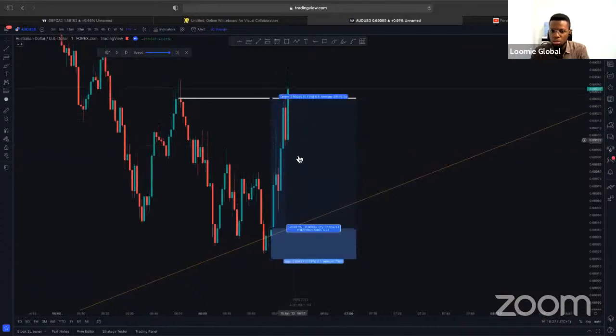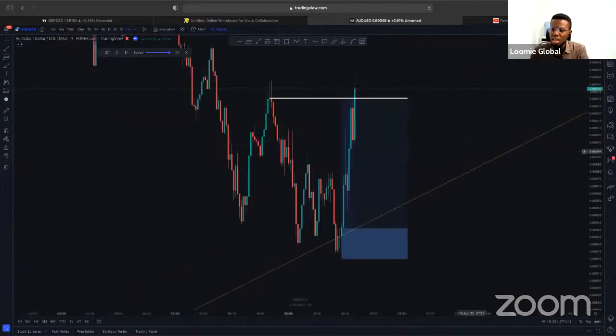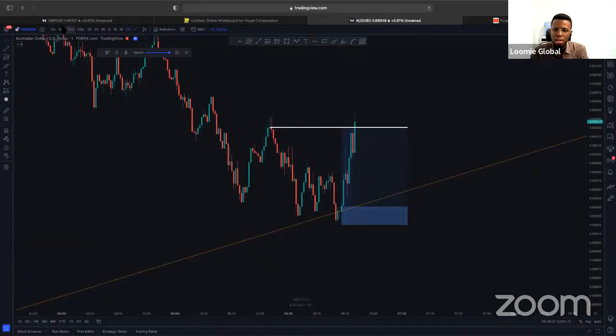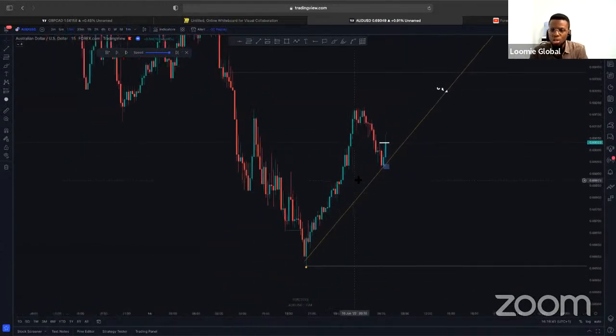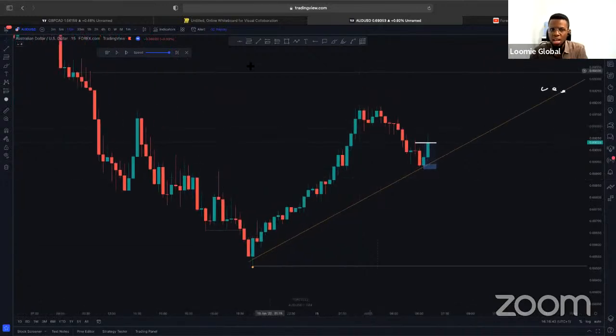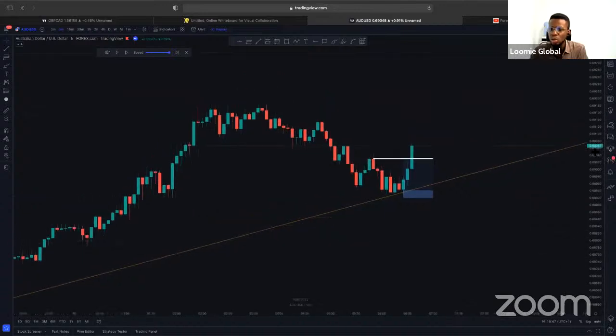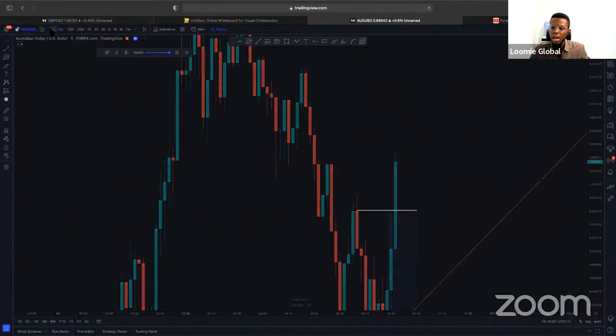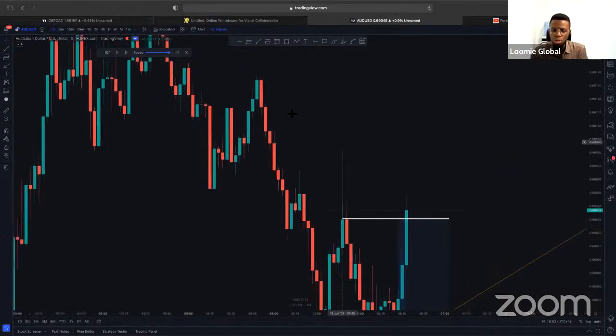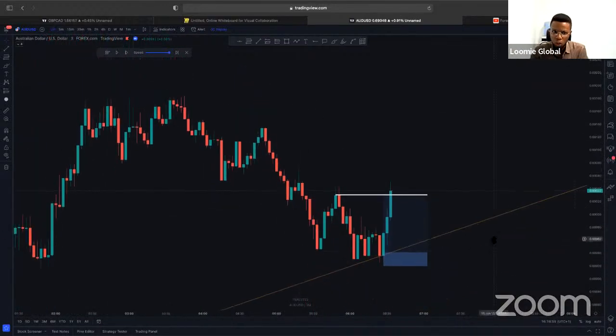So price has already tapped us into our profits and even went further. But this is just to tell you that what we see happening on the higher time frame can always be seen happening on the lower time frames as well. So remember that you are not taking your chart pattern in isolation. You are taking your chart pattern as an additional confluence to what the trend is already telling you. Now look at this.